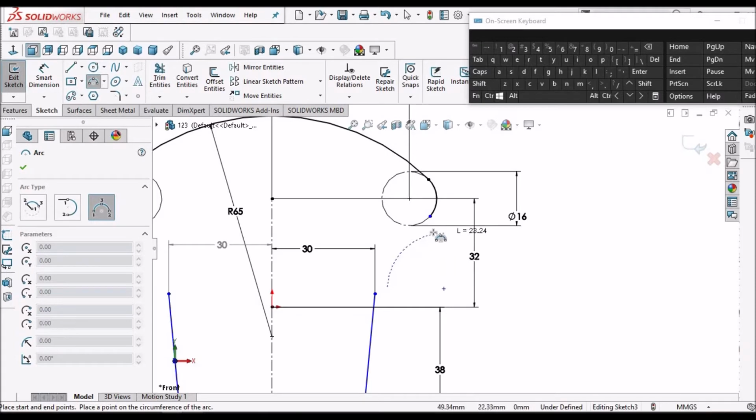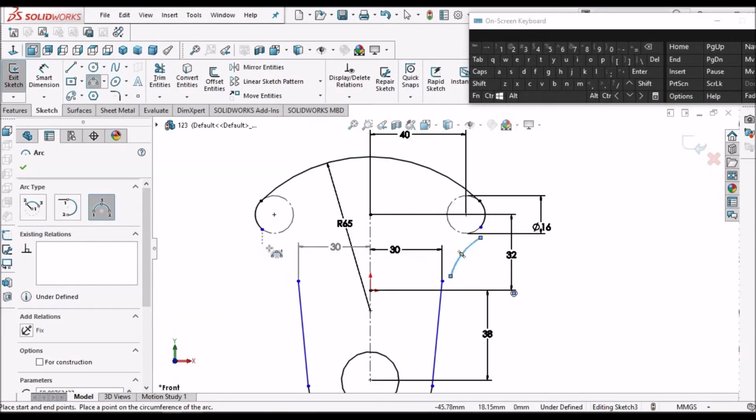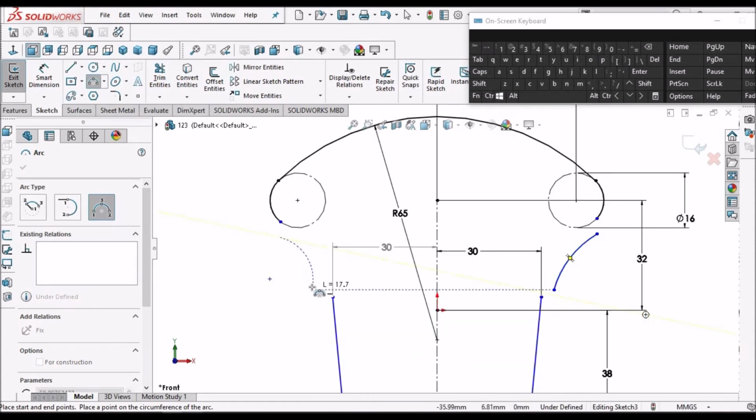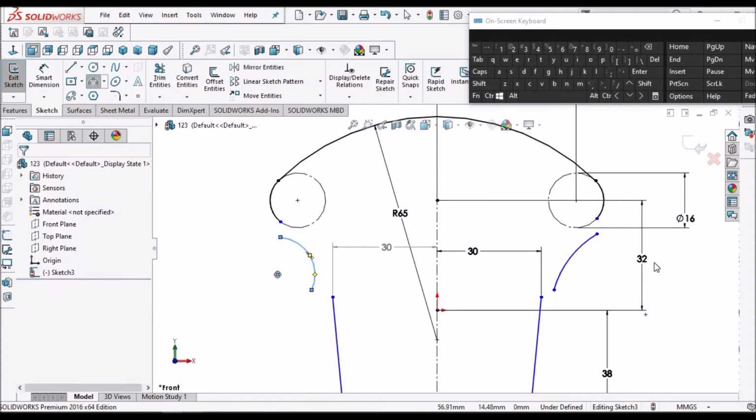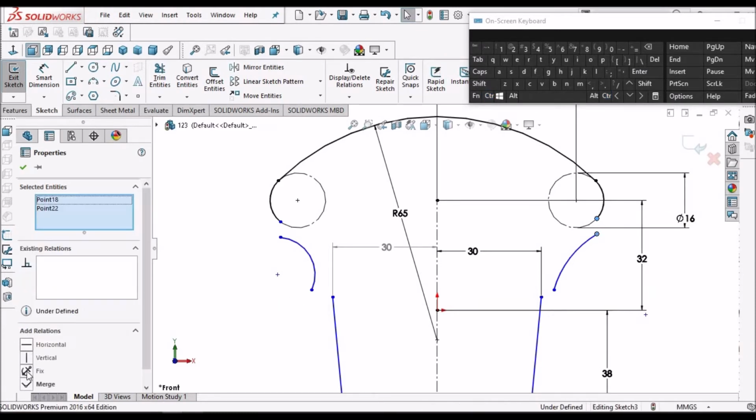My suggestion is place it somewhere and make it coincide. Otherwise we will get constraining errors.